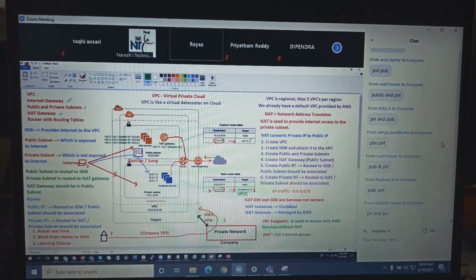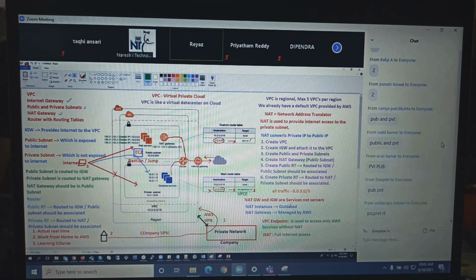Yes. Private subnet is exposed to internet? No. So public subnet is routed to? Private subnet is routed to? NAT. Right. So how many routing tables should you create? Two. What are those? Public routing table, private routing table.